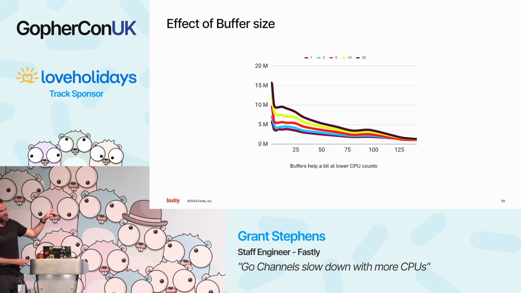I have a theory about the initial line that's at about 8 or 10. That's optimized for where you're at 8 CPUs, so maybe the CPUs and the number of actual Go routines, not just that you're running, but background ones too, is the same. And so it makes a nice uptick there where it has exactly the right number. The one that's happening at 75 to 100, I honestly don't know.